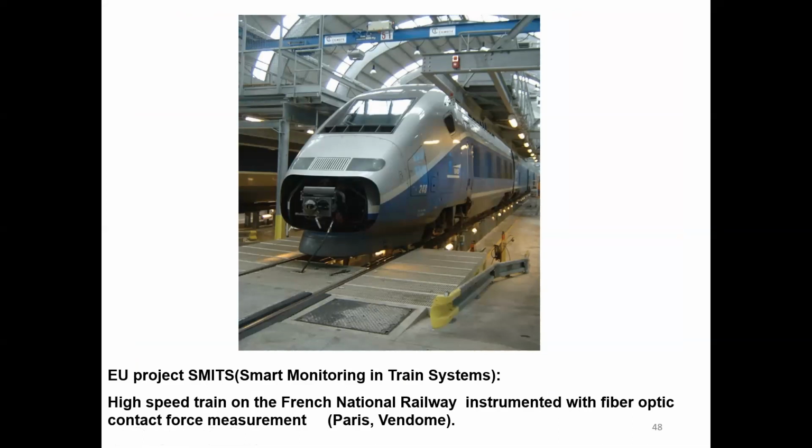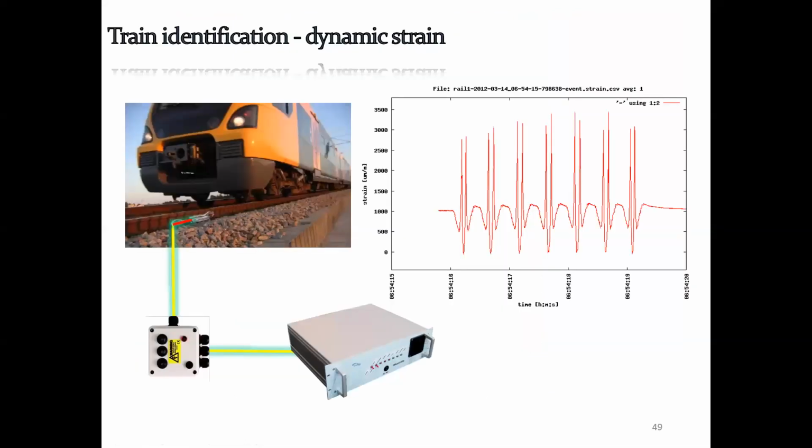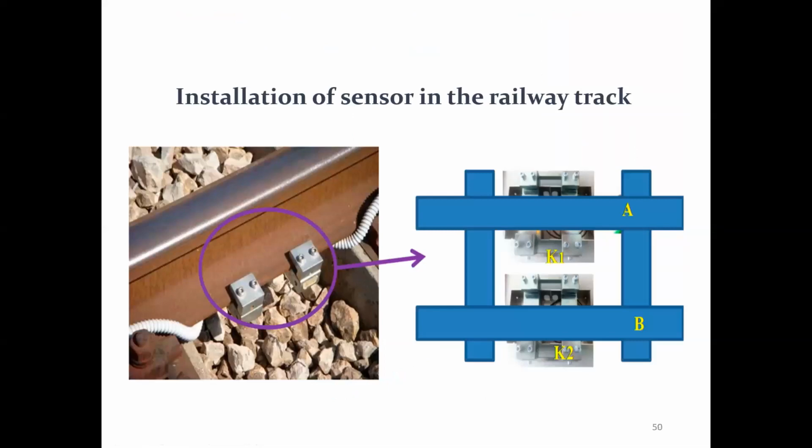Then the smart monitoring of train systems, high-speed trains. So any deformation in, say, the structure of the rail or track, you can monitor 24/7 using the optical fiber sensors. So this is a commercially available device, and it can monitor continuously. Railway track also, if you install the sensors, track monitoring happens very, very easily without any electrical power, right?